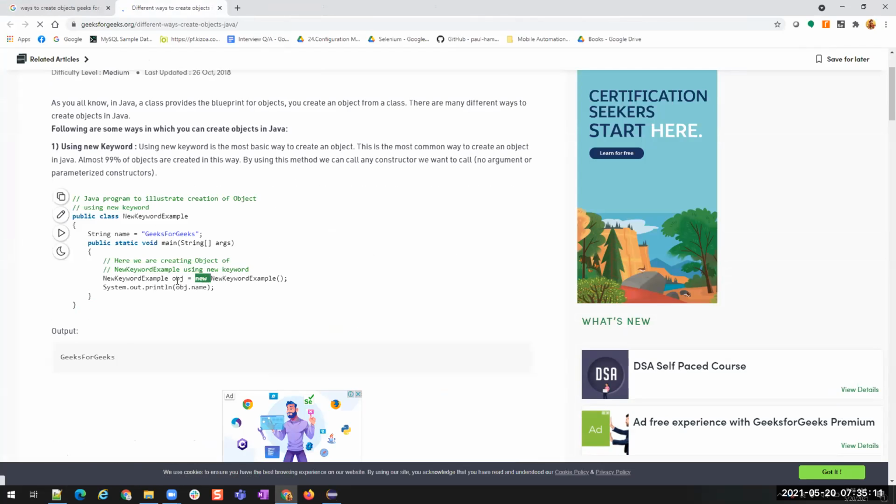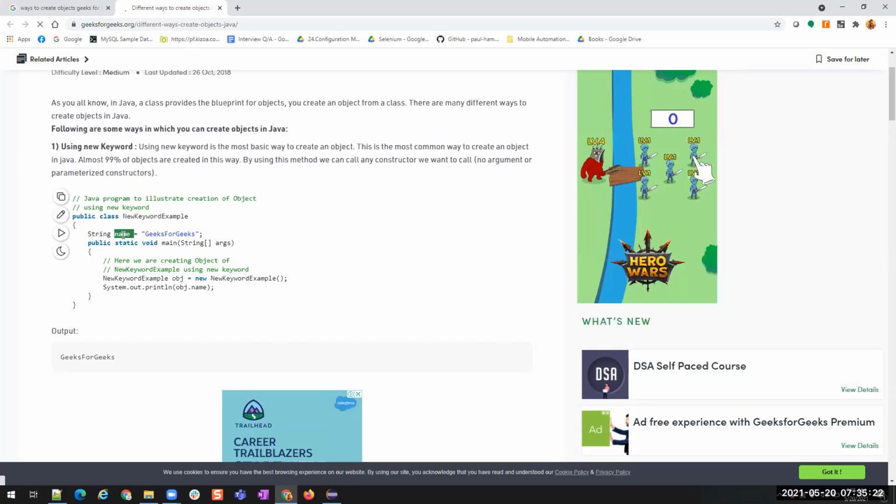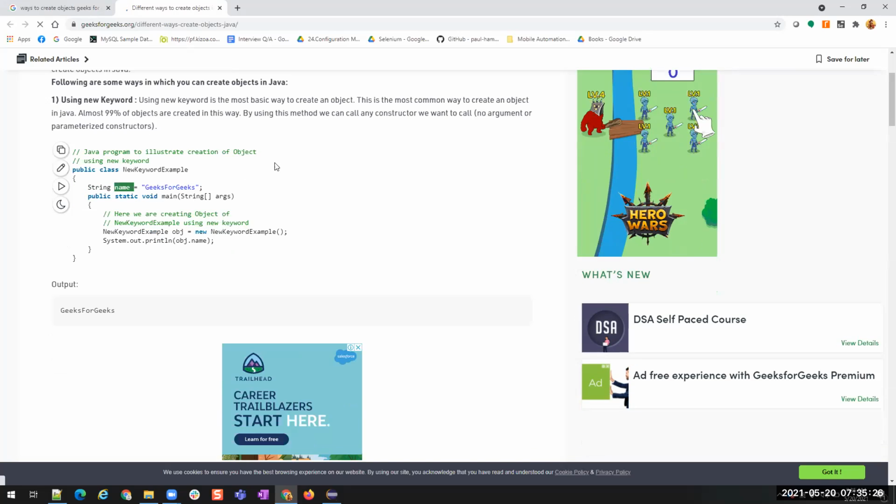With the help of the new keyword, he is able to create an object, and with the help of this object, he will be able to access the variable called name, which is outside of the main method. This is the basic thing that we already use. Almost 99% of objects are created in this way. 99% of the times we are going to use it. None of the other ways we are going to use.